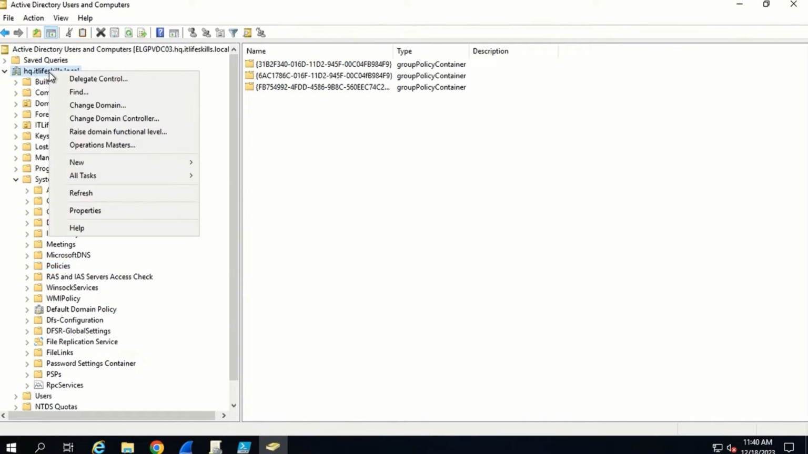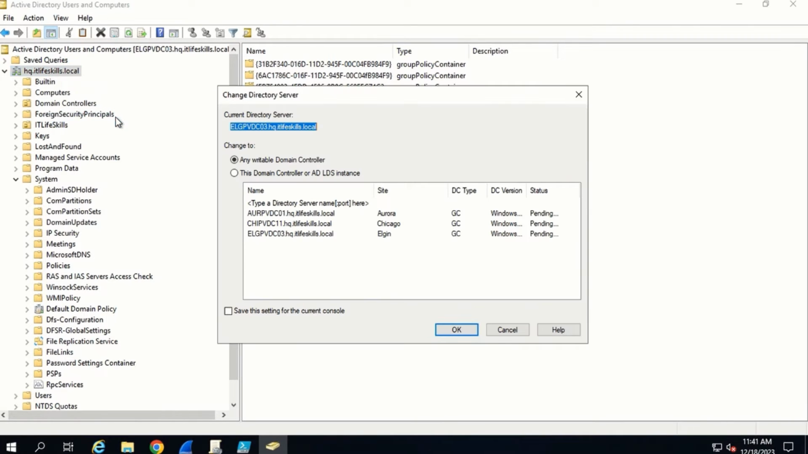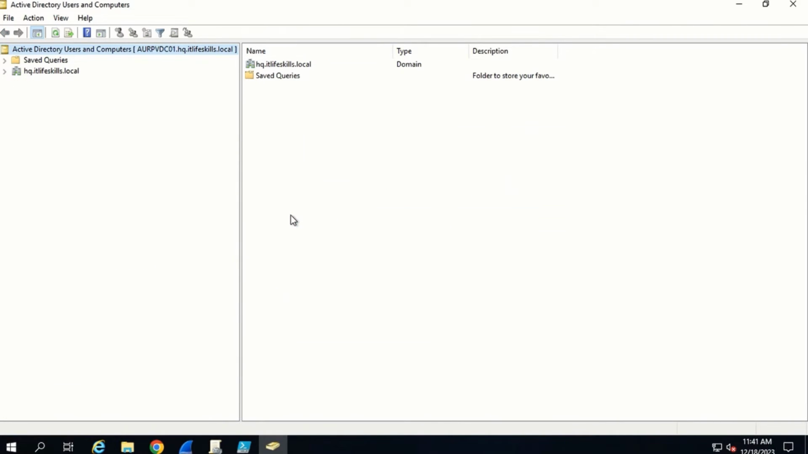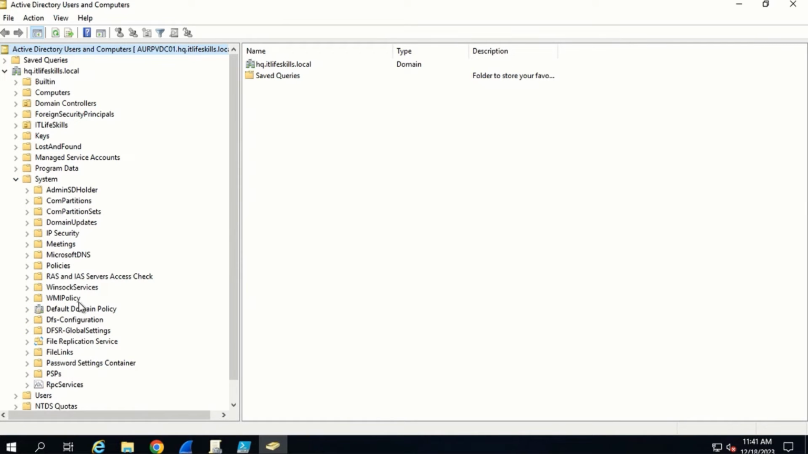Let's now switch to the domain controller OPVDC01, and we also expand the system container and then click on the policies container. As you can see, the group policy container of the new policy has not been replicated to